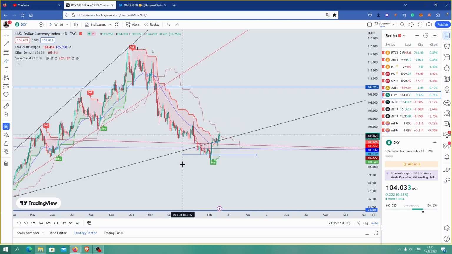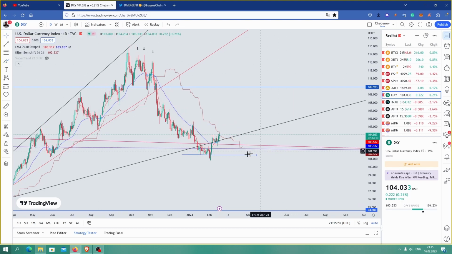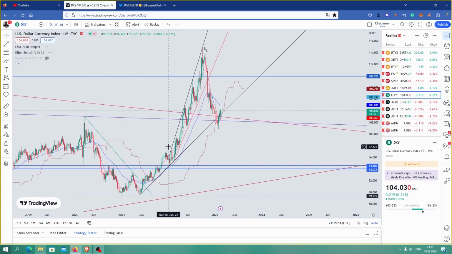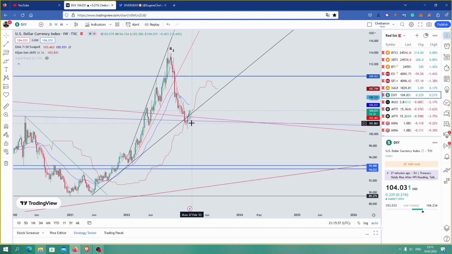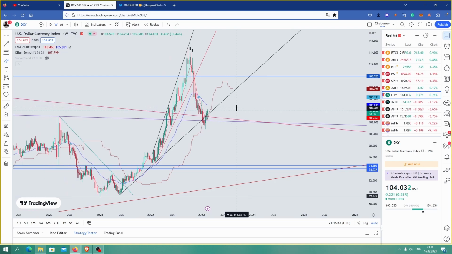This is the picture in general that I see here. Hope it will be interesting and useful, but think about the possibility. And from the weekly perspective, I don't see us breaking it, and I don't know whether we will be able to do something like that. We can do it, break it, and find something like that. Not guaranteed, and as you can see, the correlation between crypto and dollar index changed, and with S&P also,